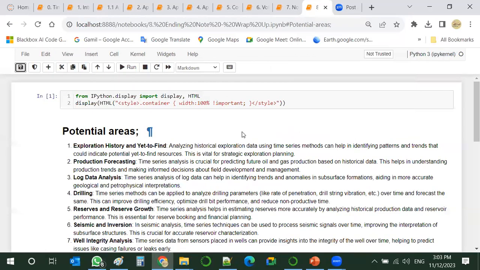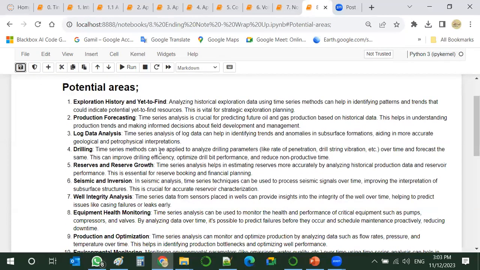So my end note will be telling you that potential areas are so many: exploration, history, and yet-to-find resource, production forecast, log analysis, drilling.